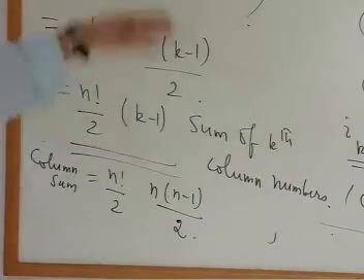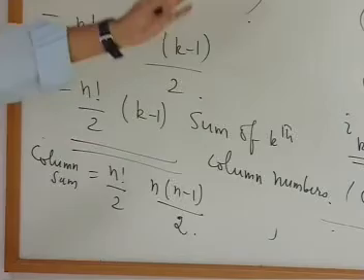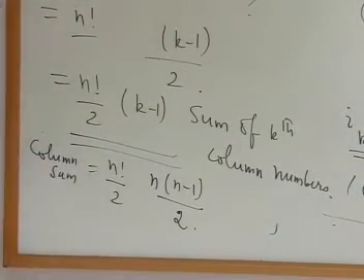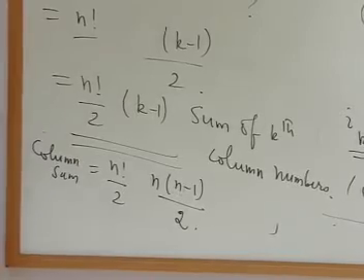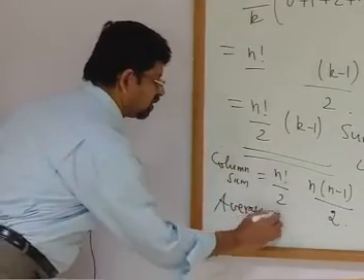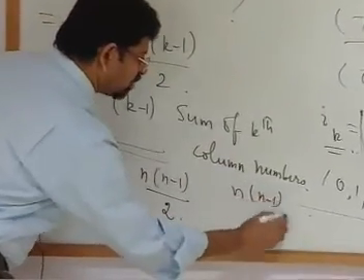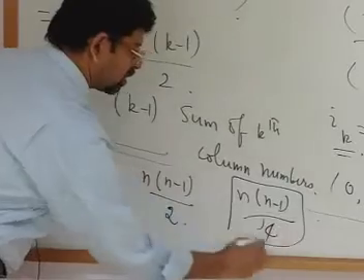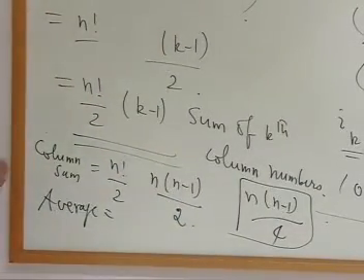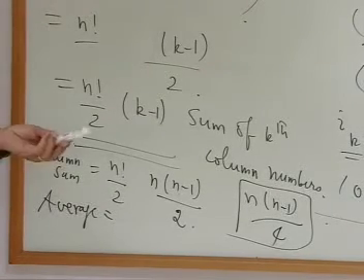So, first column sum, second column sum, third column sum, all of them you have taken, and when you add it, you get this, and this you must divide by factorial n. So, when you divide by factorial n, the average is n into n minus 1 by 4. Right. The worst case is n into n minus 1 by 2 and the average is n into n minus 1 by 4. No different at all, same.